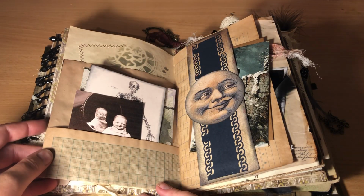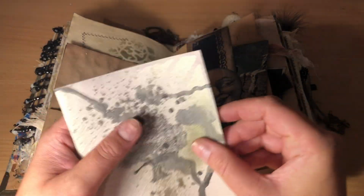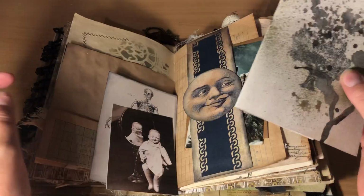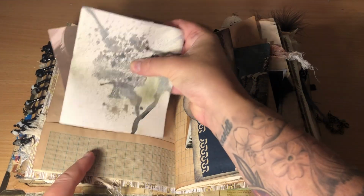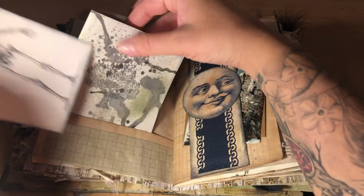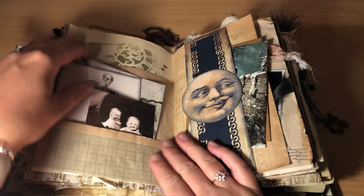Again, more inking and stamping. And then this is just some scrap paper that I've had left over, and it's got a tree on it. Another spooky image and skeletons. Oh dear. So I've been working on this journal for, I think, two weeks, and I've really enjoyed making